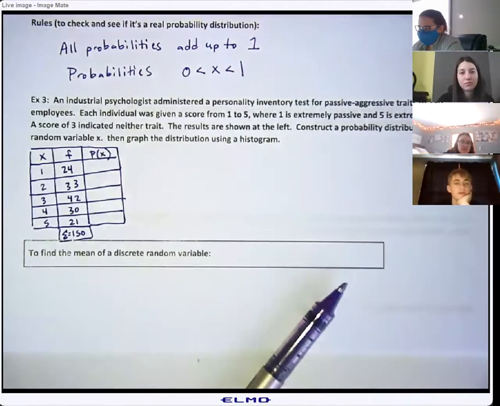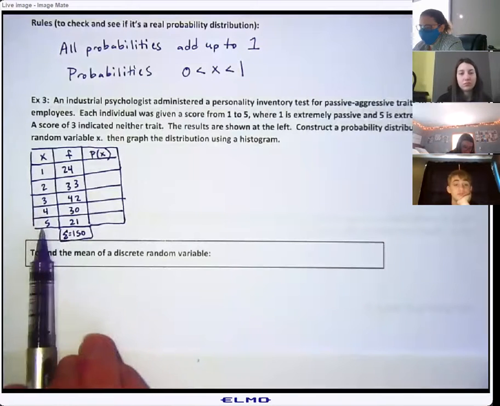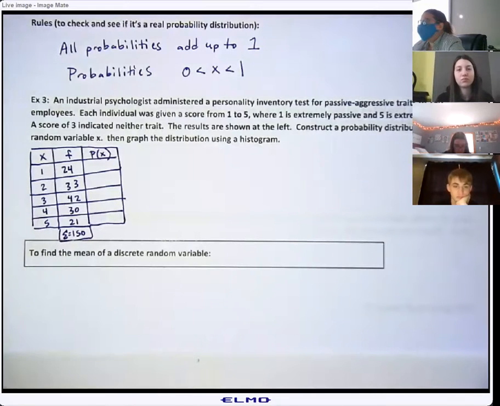The ratings are out of 5. A 1 is extremely passive, 3 is neither, and 5 is extremely aggressive. So, for example, let's say you're in a math class and somebody makes a mistake. Do you just shut up and go along with it? If you do, you're probably passive. If you want to say something, then you're aggressive. If you're even willing to correct the teacher when they messed up, you're probably very aggressive, which is good. I like that, especially when it comes to mistakes. Of course, I'm not a big fan of it when it comes to fights.